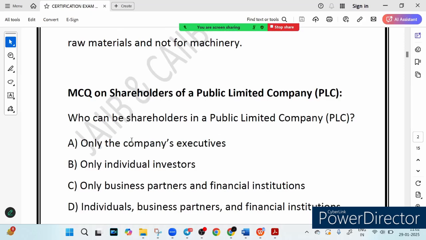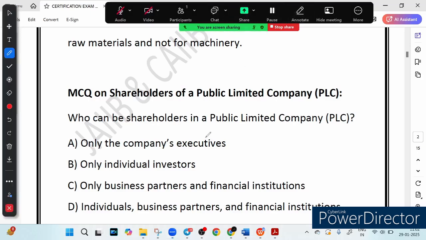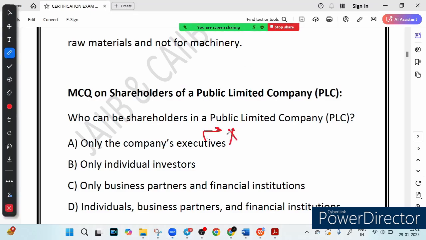PLC means public limited company. Who can be shareholder? So friends, let's see the first option. Only the company executive can be the shareholder. This is incorrect, because public limited companies are open to anyone who meets the investment requirement. Limiting shareholders to just company executives is not how it works. For example, if only the CEO, CFO and a few executives could buy shares, it would not be called